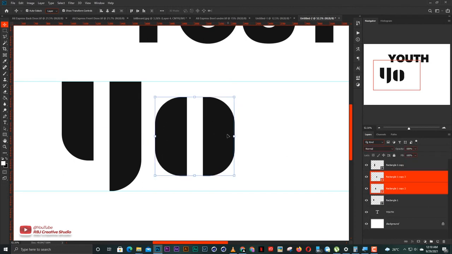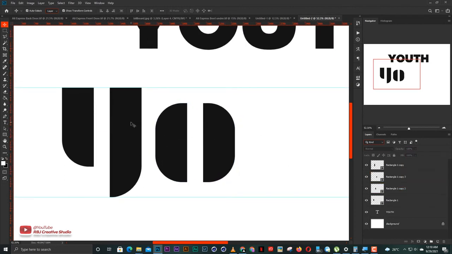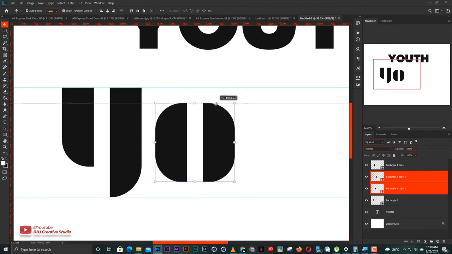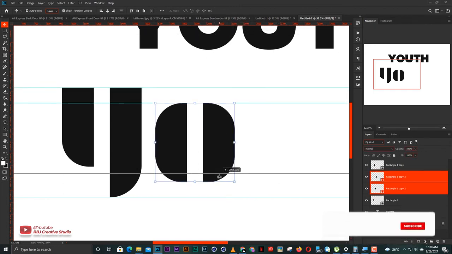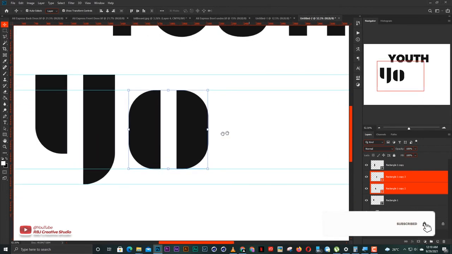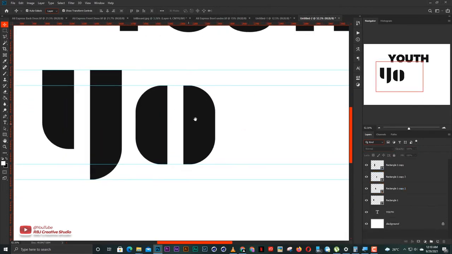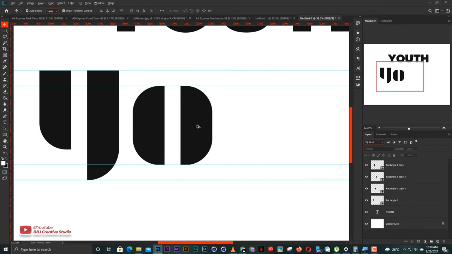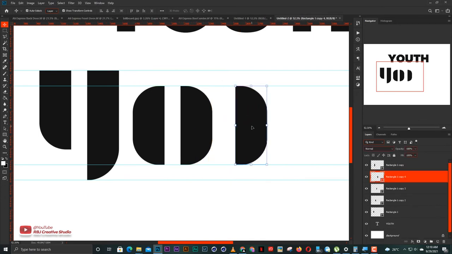So the thing that we're going to do next is, you see the Y is like an uppercase, and the O is a lowercase. So let me just add a border using the ruler to it. So all the other text are going to be in this border form here. So the next thing I'm going to do is duplicate the other rectangle, that's the right side of the O,